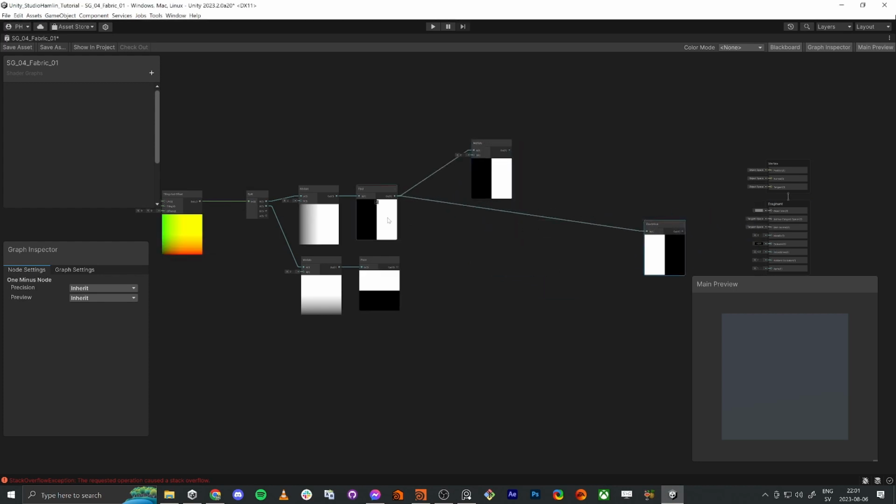So if we multiply these two with each other, we only get a square up here. And if we then do the same thing and multiply with this one that's kind of inverted,